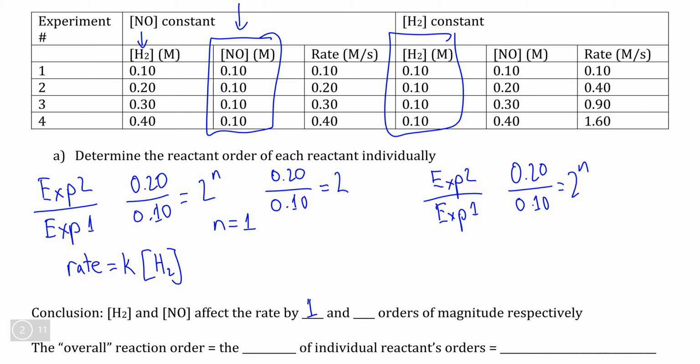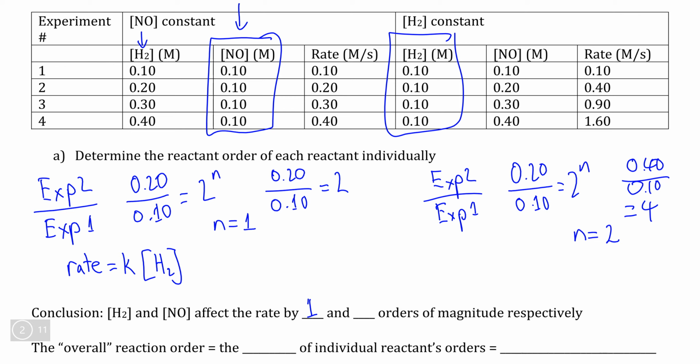And again, we want to know what the relationship is between the concentration and the rate. So if we look at the change in rates, we see that a doubling in concentration resulted in a fourfold increase in the rate, meaning that 2 to the exponent n is equal to 4,